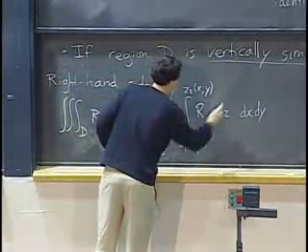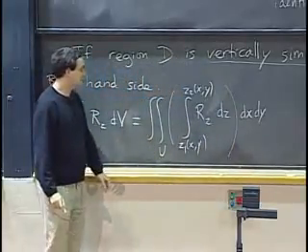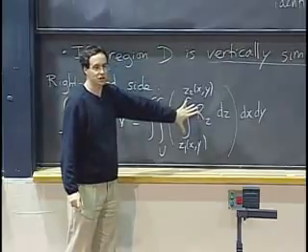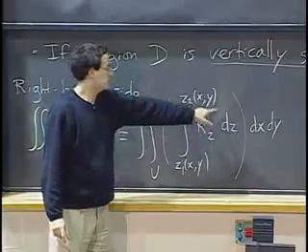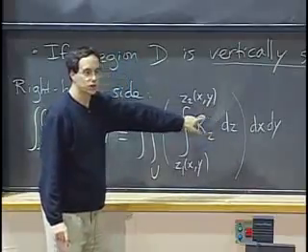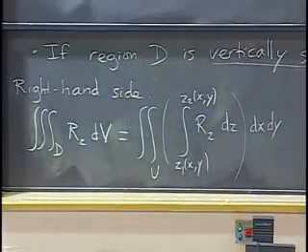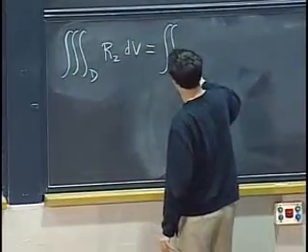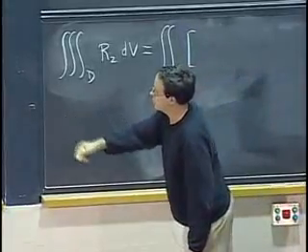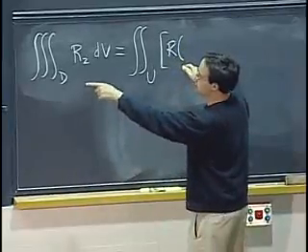Now, if you look at how you would start evaluating this, the inner integral certainly is not scary, because you're integrating the derivative of r with respect to z, integrating that with respect to z. So you should get r back. So the triple integral over D of r_z dV becomes a double integral over U of, the inner integral becomes r at the point on the top.